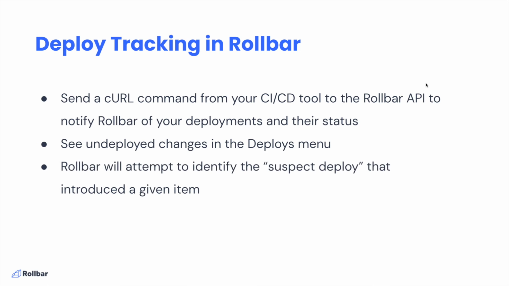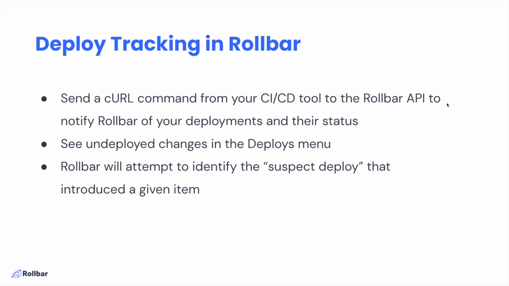All right, so one of the features that we'll look at closely here, we have deploy tracking in Rollbar. So that allows you to see the different deployments made and track those. You can more clearly see how those deploys are working, if they're working, or if they've timed out or failed. You'll be able to see undeployed changes in that deploys menu, and with that information, that adds another level of